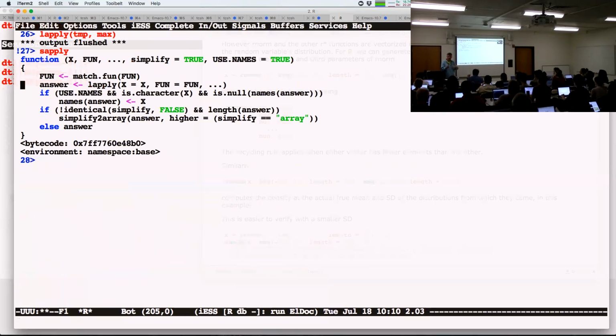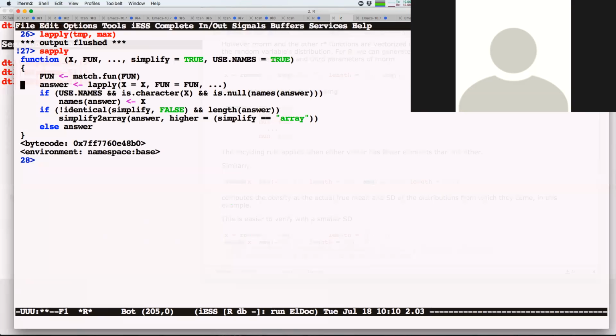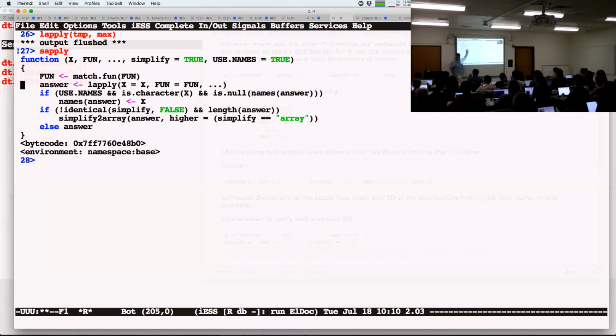The L in lapply stands for list. Okay, and that's because vectors and lists are the same thing. It could be vapply, but we use that for something else, so don't use V. Okay, vapply came after lapply. The sapply says simplify, and all it tries to do, and it actually tries to call this simplify to array function at the end. And here's the rule of thumb, okay? And this, we use sapply all the time. I use it here. I showed you basically, like, go find everyone that's numeric.